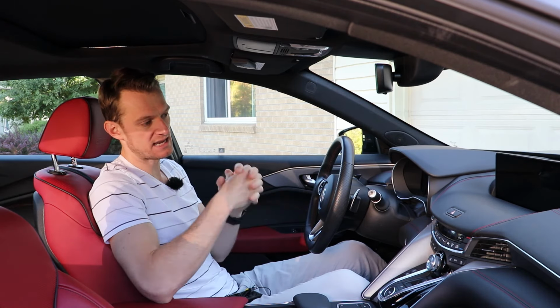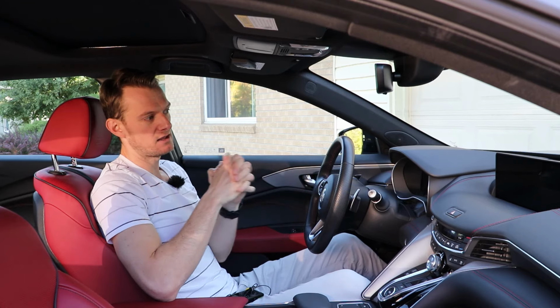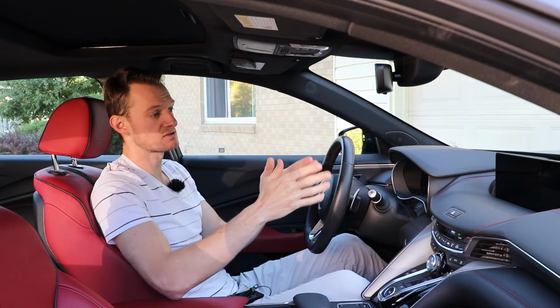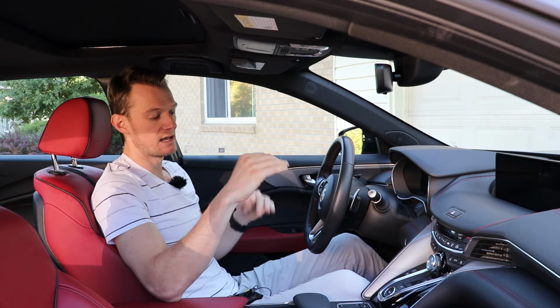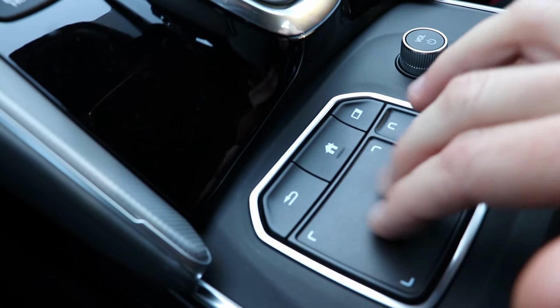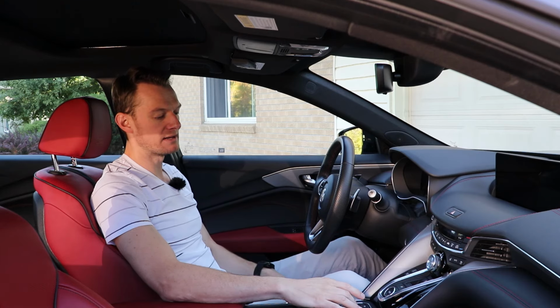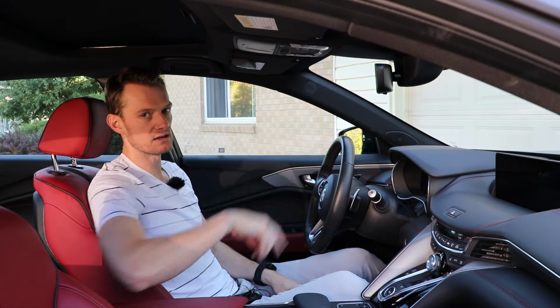There are some good things, which we'll get to here, but the bad really is how you interact with this infotainment. This is not a touchscreen. Even though it looks like a touchscreen, it's not a touchscreen, and it's also very far away. So even if it was a touchscreen, you couldn't reach it. What they have here is this sort of touchpad that is a relative touchpad, whatever you would like to call it, where depending on where you touch on here, where you scroll, it will sort of highlight something for you